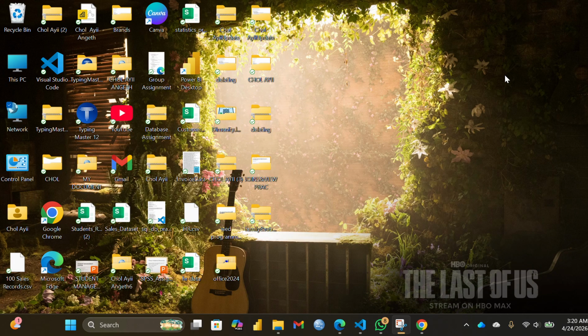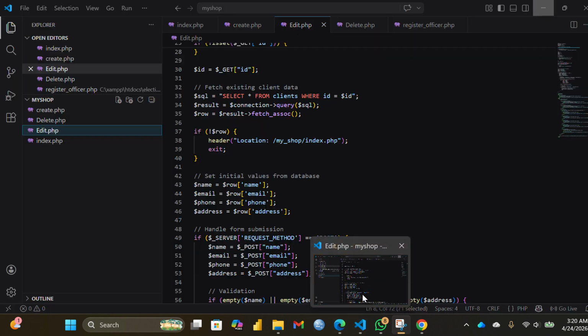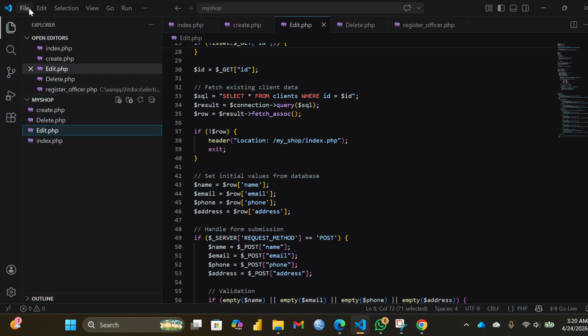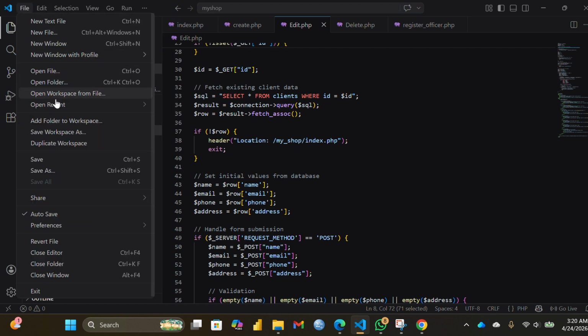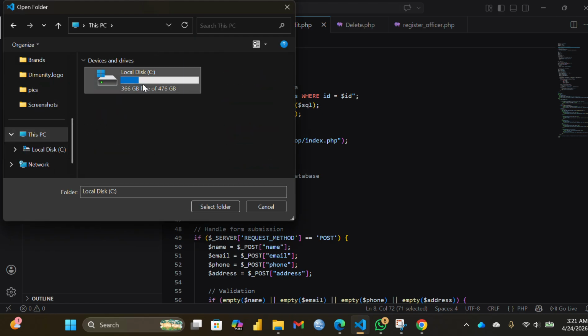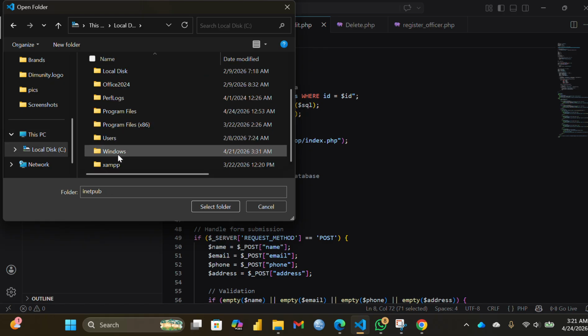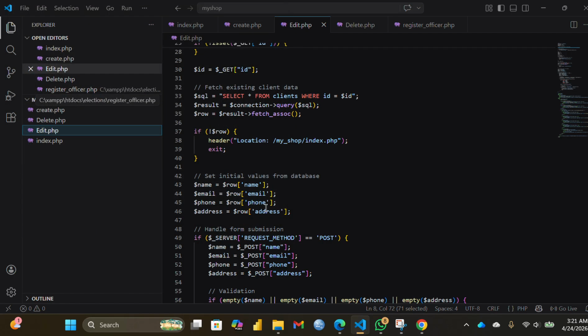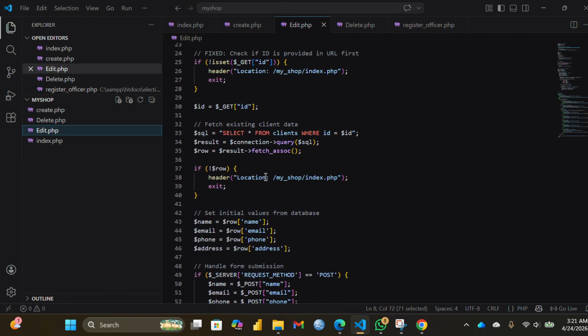Then you come to your VS Code and open the file. Open a file. Then you go to your local disk, open XAMPP, then open htdocs. Then you click my shop and open it. Then it will give you an empty